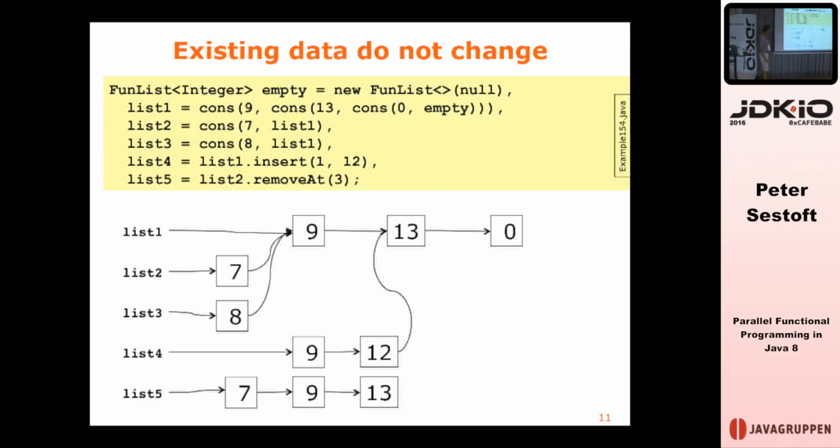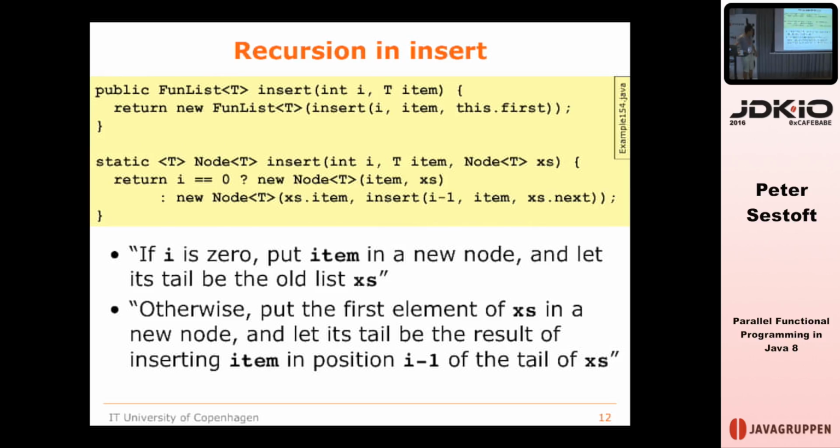It looks a bit difficult, but actually with a bit of recursive thinking, which goes back to, for instance, Birch's book from 41 years ago, it's very easy to implement. So the workhorse here is this insert on the node class that inserts at index I, inserts item t, provided we want to insert it in this list